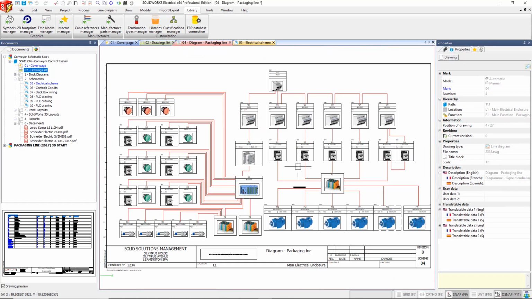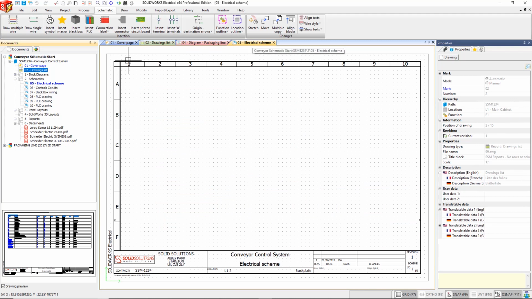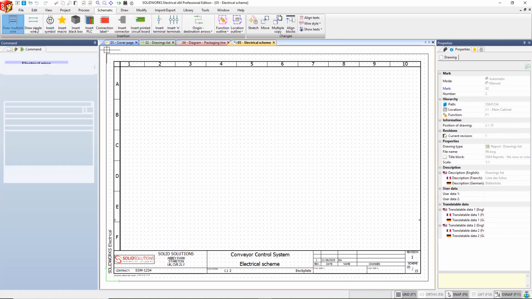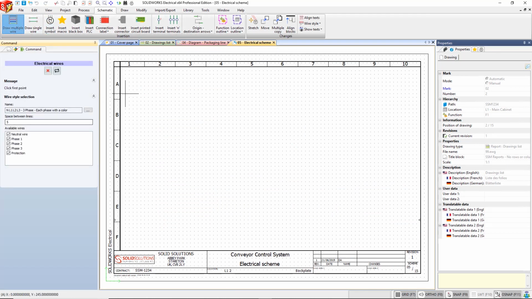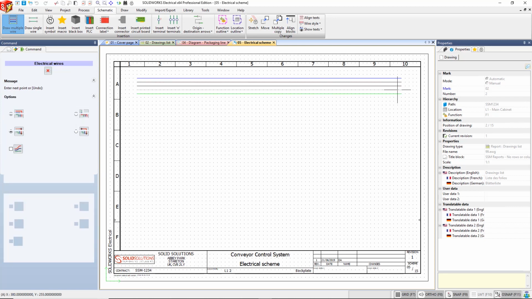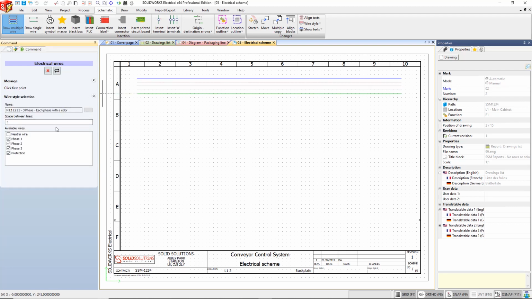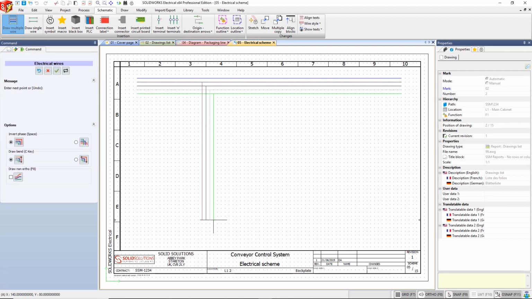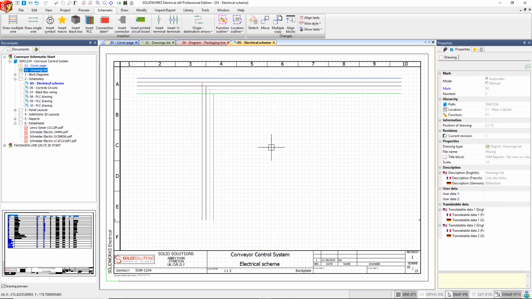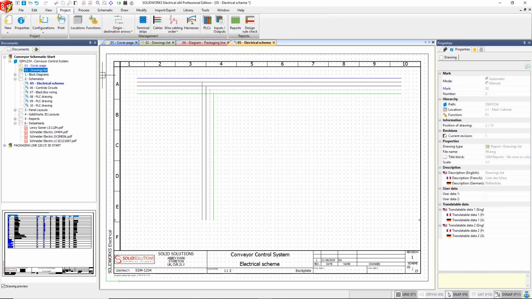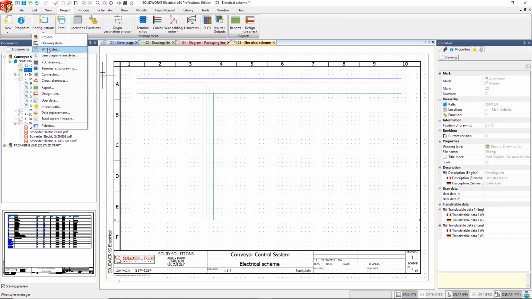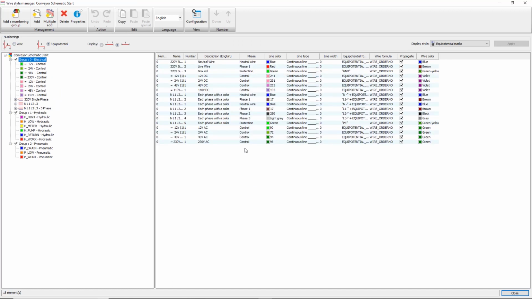We can also draw multi-line schematics. So here I'm going to very quickly draw in a 3-phase circuit. I'm also going to draw in a spur coming down the page. It's very quick and easy to draw wires onto a schematic. The library that's supplied is fully customizable as well. So if I was to look into that, this is something we can easily change to suit a customer's requirements.